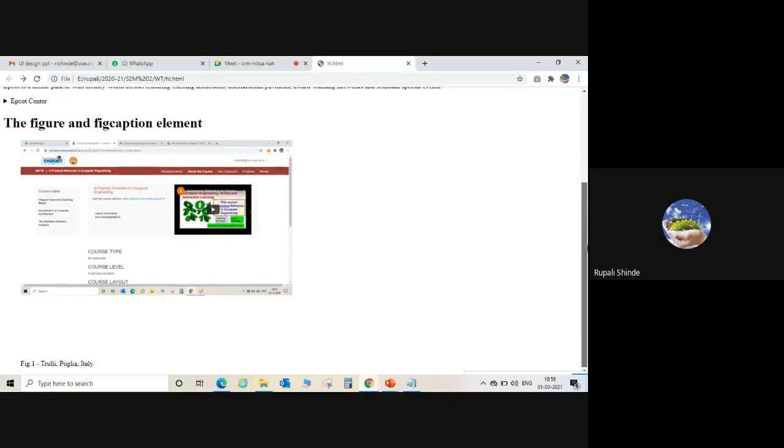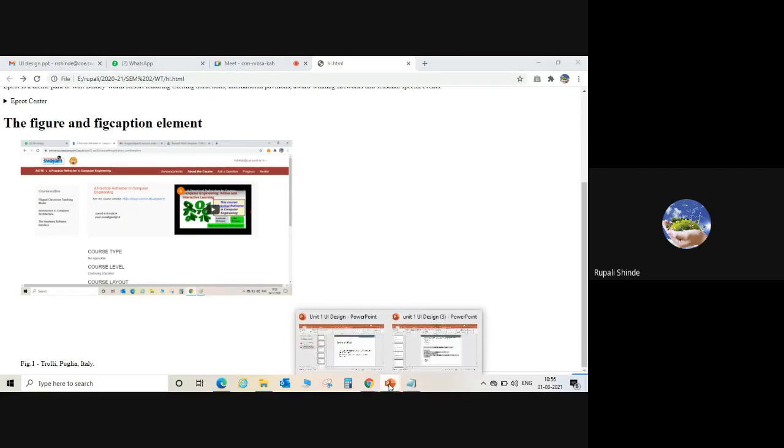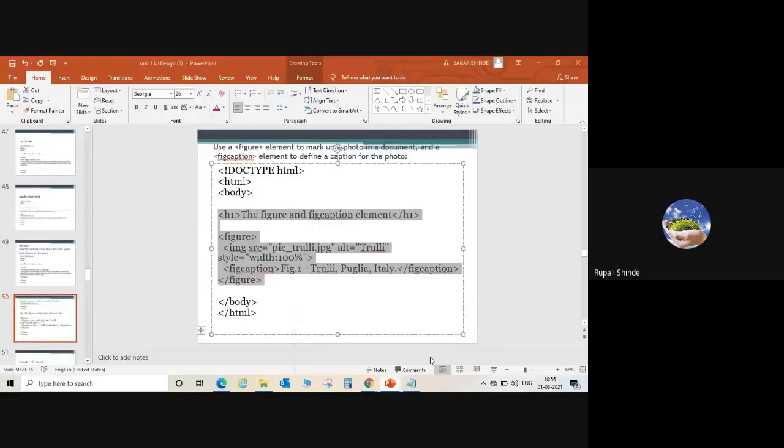Where is the caption? No caption is available. Okay, in the same code here, alt. Why are we going to use alt? It is nothing but the alternative.